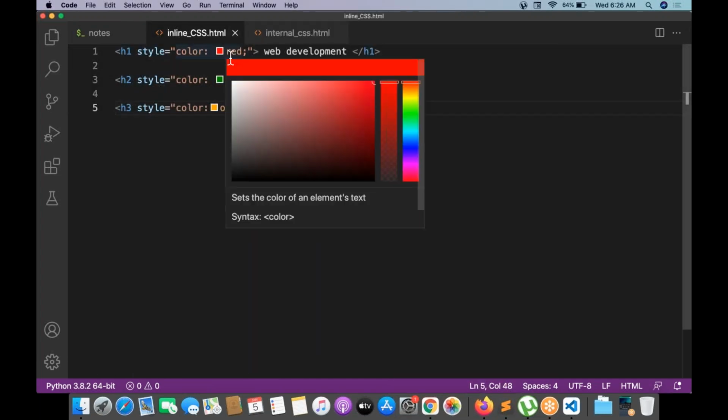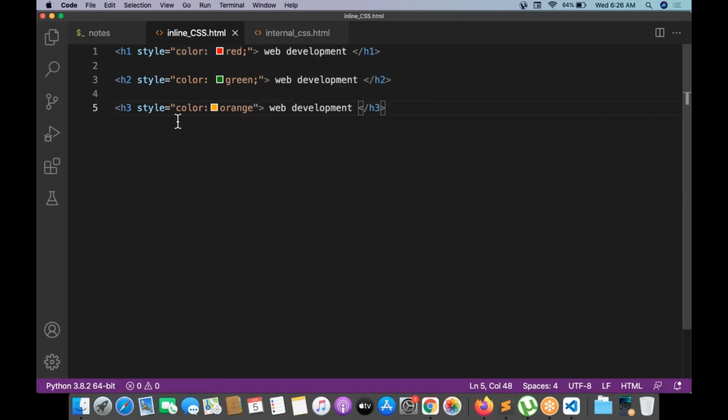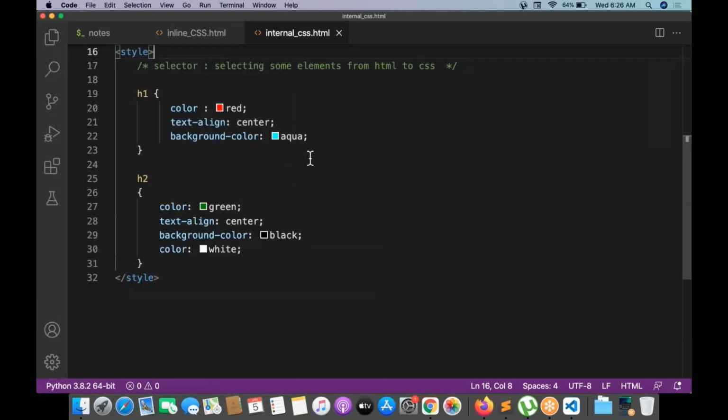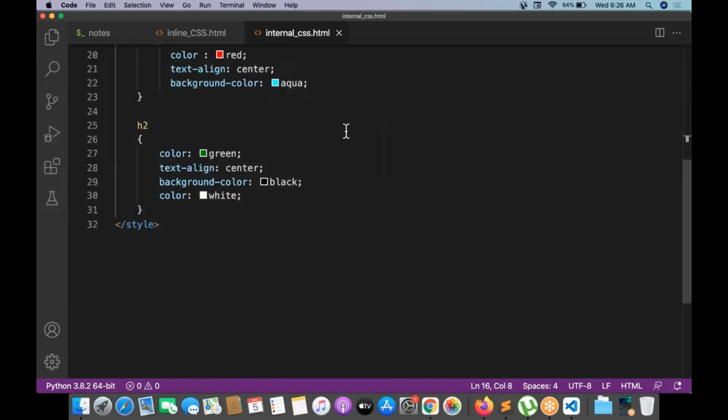Element specific CSS: each and every element we are writing. Injection is for the element. Here the injection is for the page. We are injecting CSS anyway, but there the injection is for the element, and here the injection is for the page. And the one more is external CSS.